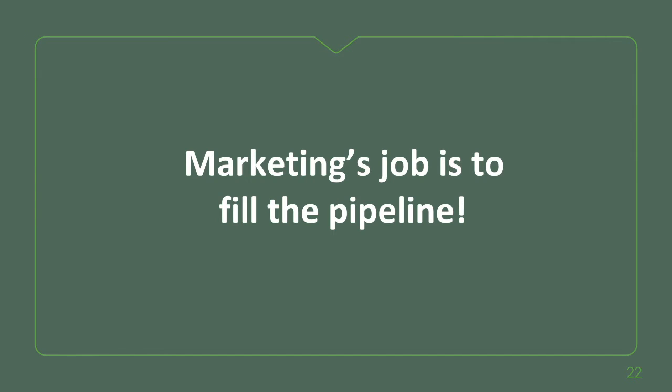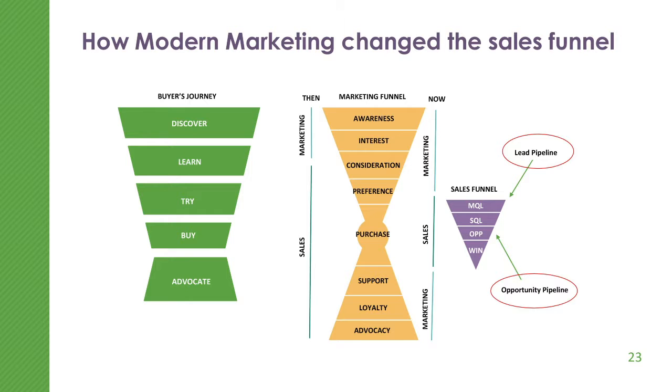So let's talk about marketing's job. Marketing's job is to fill the pipeline. Now that you know what the marketing funnel looks like and where sales fits in, your job is to fill that pipeline. Now, the advocacy and loyalty program, what's its purpose? Its purpose isn't just to keep people happy. Its purpose is to keep people happy so they keep buying from you. So even those loyalty and advocacy programs are to ensure that those customers keep coming back to you. The cost of acquisition of a new customer is 3 to 4 times higher than keeping a customer you already have. So your job as a marketer is to fill the pipeline.